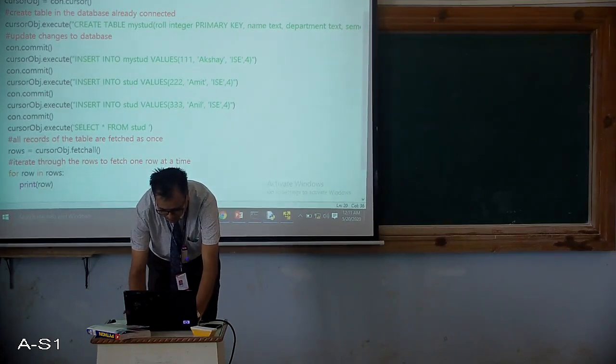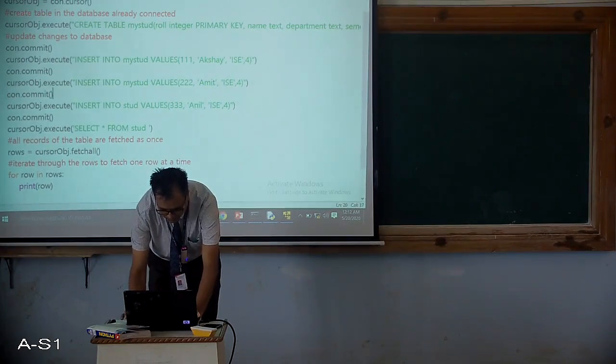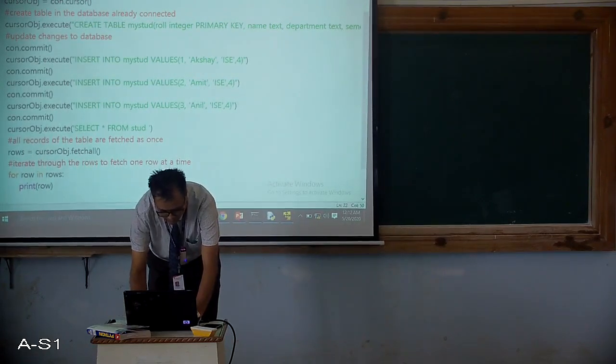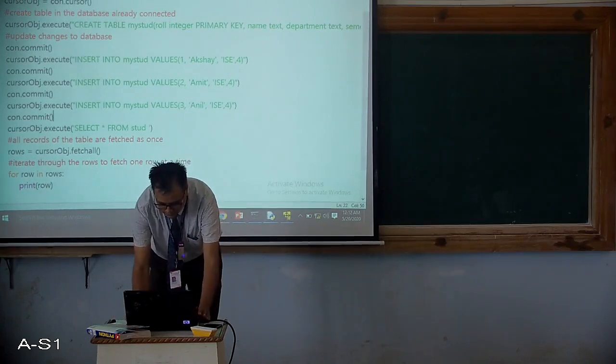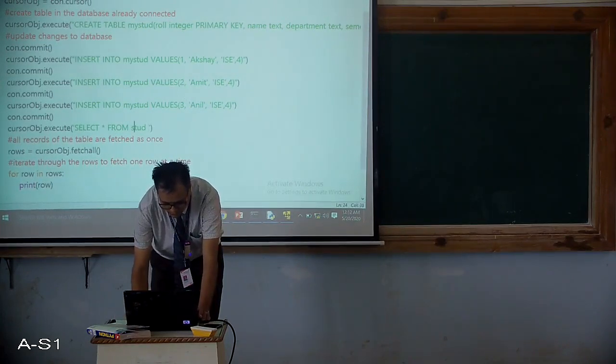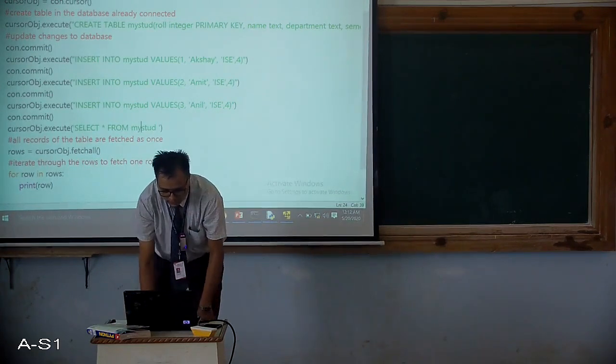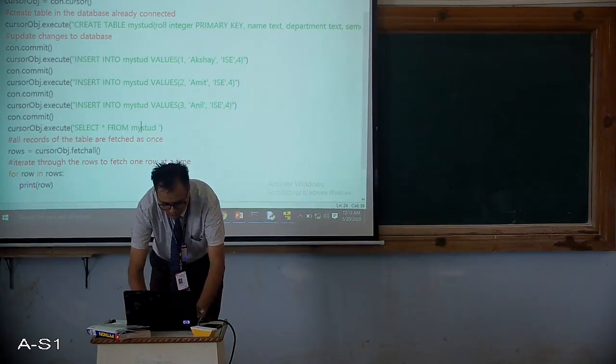Okay, my student, my student. Okay, then pass the values. Since these are the first three students, I will just name them as 1, 2, 3. Once this is done, once you are sure that you have made all the changes accordingly, now try to execute the program.